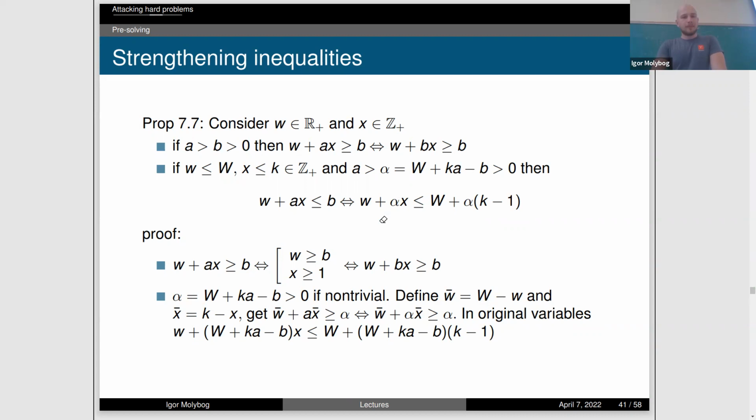Okay. I will just demonstrate the proposition and also prove it, and then I will show you an example of how to use it to strengthen inequalities. So once again, the entire point of doing resolving is